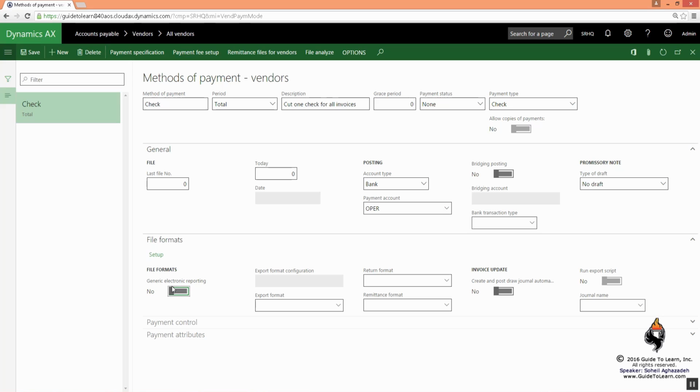What does this do? The generic electronic reporting is a new way, for those of you who have been developers, to change the layout of journals or anything that gets printed, or even the payments, without even a single line of code. They have given you a framework to change the format based on regulatory features of certain countries, such as UK, Spain,